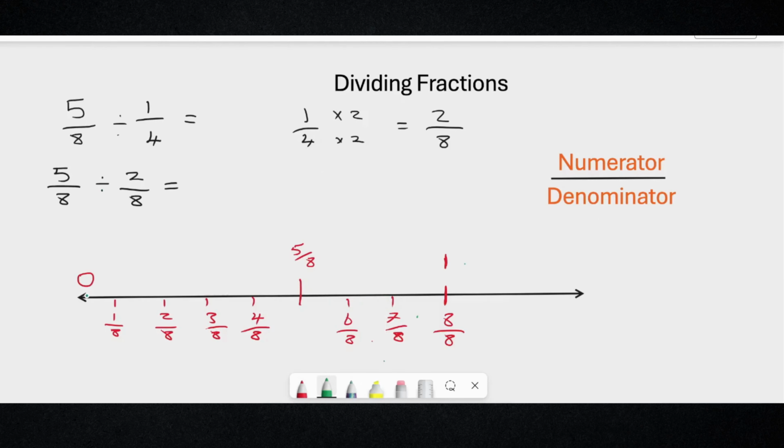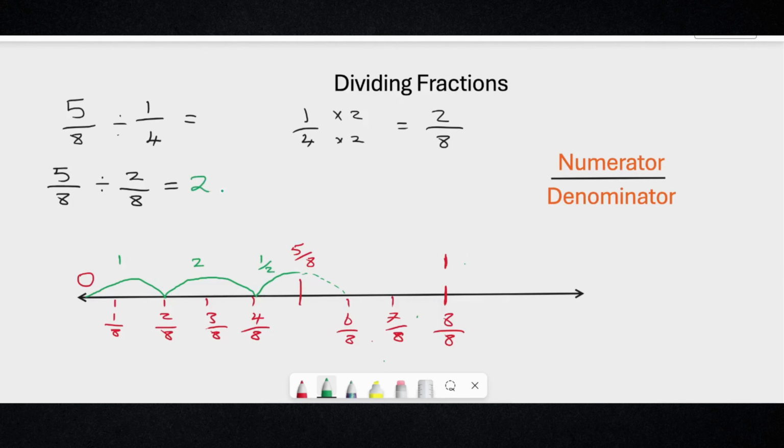So let's do our jumps. We've got 1, 2, that's 2/8 there. That's 1 jump. We have another 2/8 there. So we've got 1 jump, 2 whole jumps. And then we stop there, but we can't go all the way down here. We need to stop here. So how much of that jump do we go across to reach 5/8? 1, 2, can we see that it's half a jump? Half a jump here. So the answer is